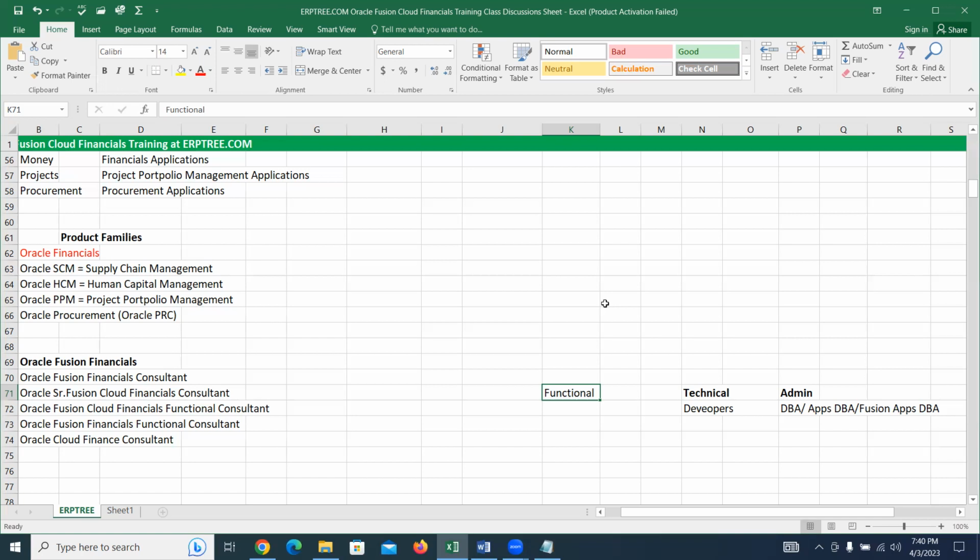You don't need to play with accounting, Oracle automated everything. By looking at the term financials, you don't need to worry about it. Yes, the term is financials, but everything is automated. You have to be there to see, and you have to be there to understand. You don't need to be there to create something or do some magic.